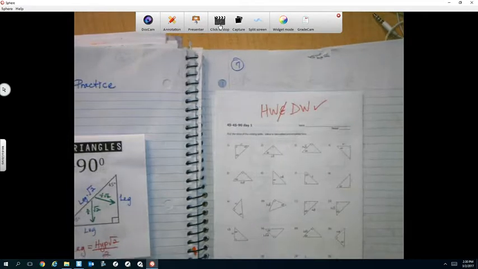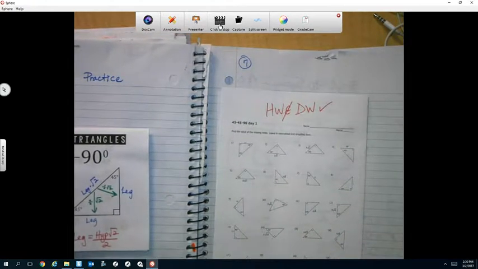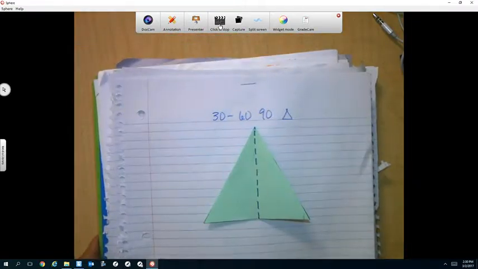And then this was day 1 homework. We're going to put that into our spiral. Day 2 will not be in there. It's separate. And then we come to here, okay, which